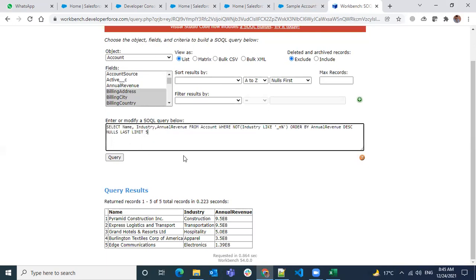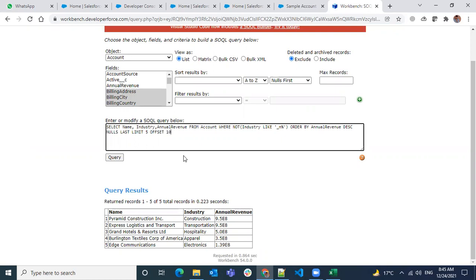Now, if you have an offset also, what does offset actually do? Offset will skip records. Let's say I want to skip 10 records and limit 5 records. Whatever your result is, it will skip the first 10 records and start from the 11th record.